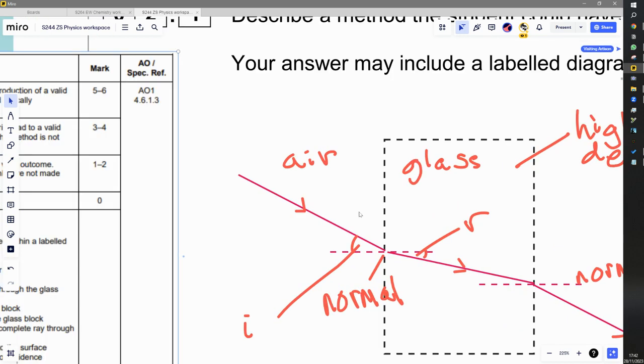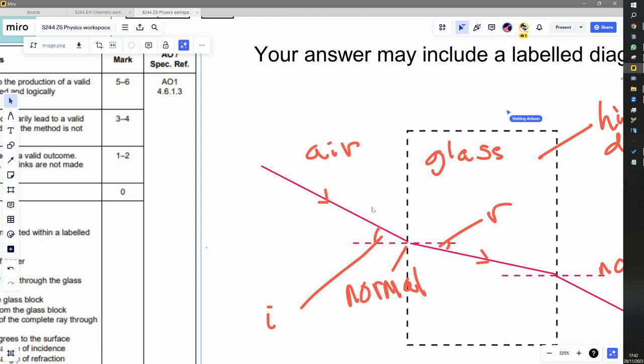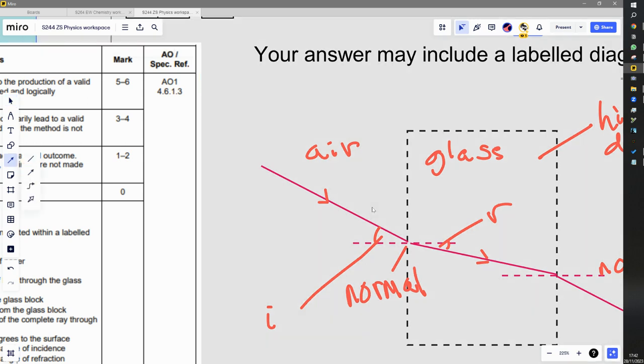The other thing I would do, actually, this makes the whole job a lot faster, is you choose the point at which the ray is going to go into the glass block, and then from here you pre-select points of 10, 20, 30, 40, 50, 60, 70, 80 degrees, and then you shine down those lights. So you've already, because you know what you're choosing the incident angle already, you just choose the next angle and the next angle like that,